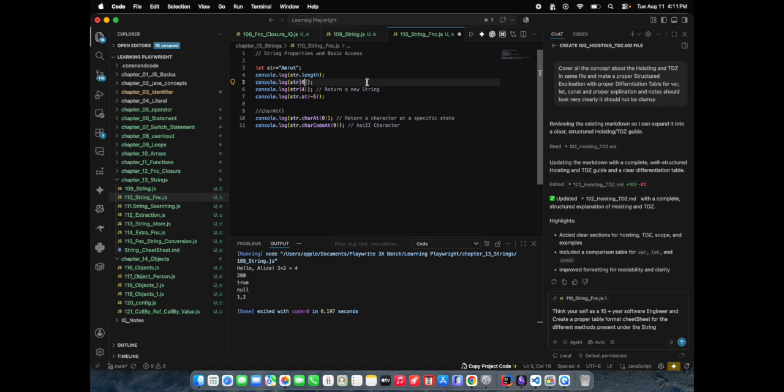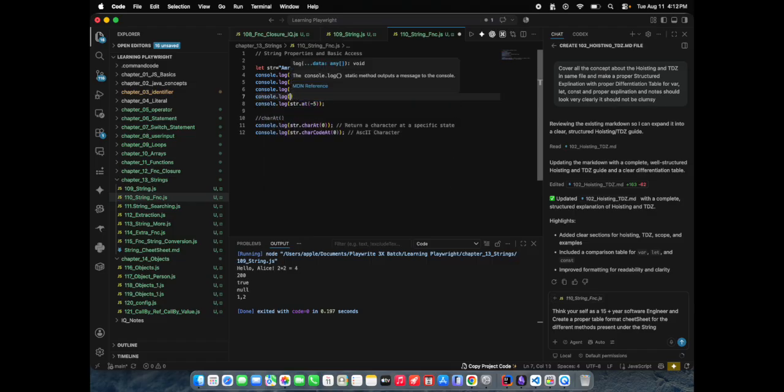If you print string of 0, it will print the first character, that is A. Index 4 will be T, since it goes 0, 1, 2, 3, 4.